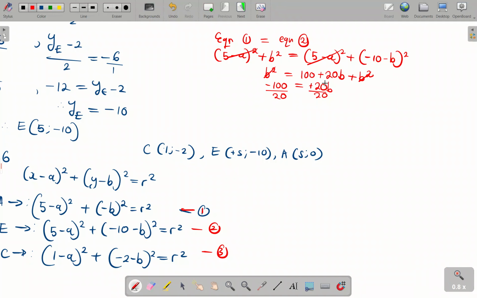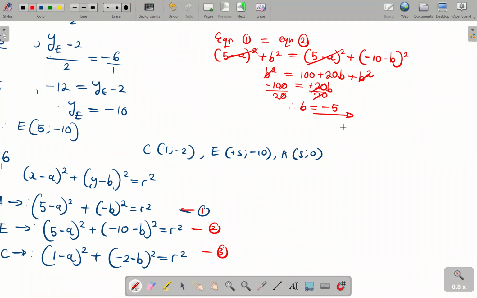Yes. So these and these rationalize, this and this rationalize. 10 divided by 2, 5. Therefore, b is simply what? Negative 5, because of that negative. So we are done finding b. So now we need to find what? A there. To find a, let's see, we are just going to substitute this to equation 1 and then again